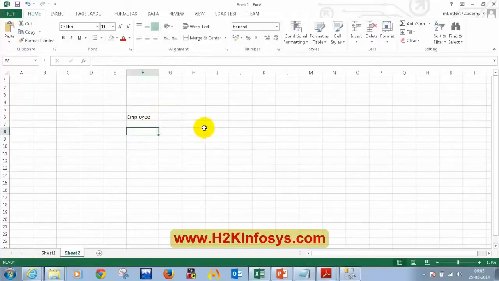First thing is employee ID, and employee first name. Let me put F name. And then what else can we have? We can have L name. Sometimes we might need a middle initial or surname as well.